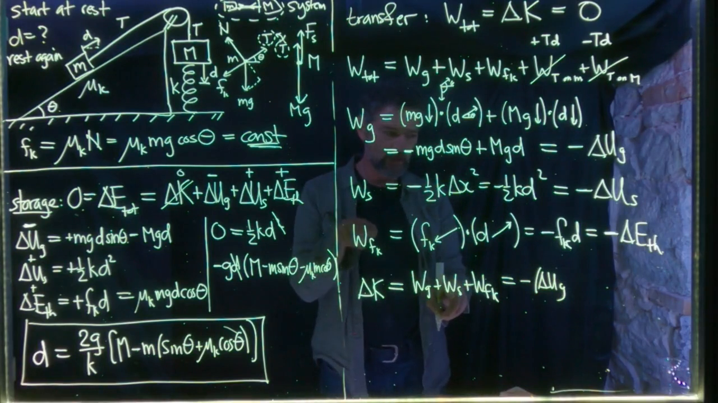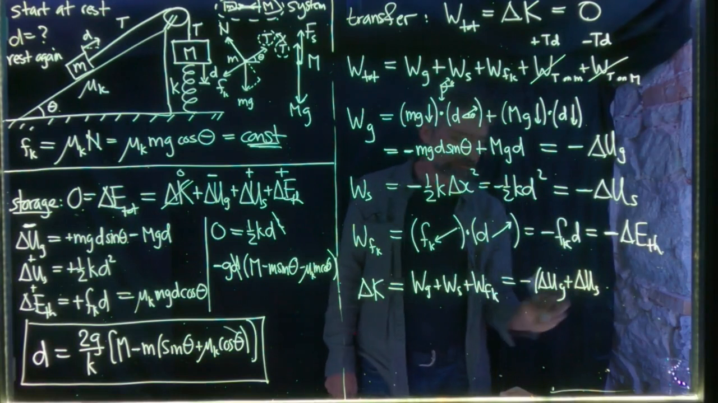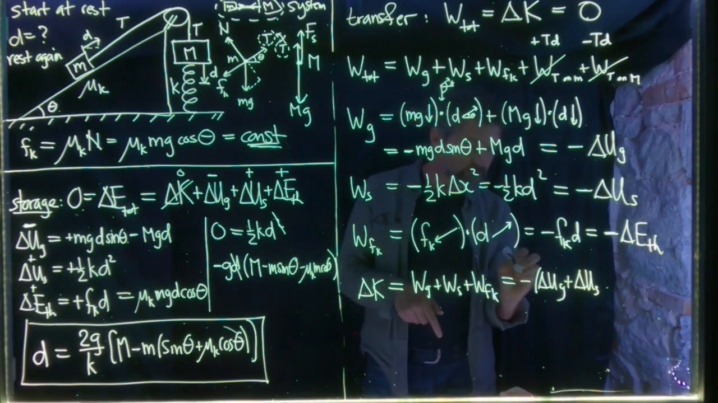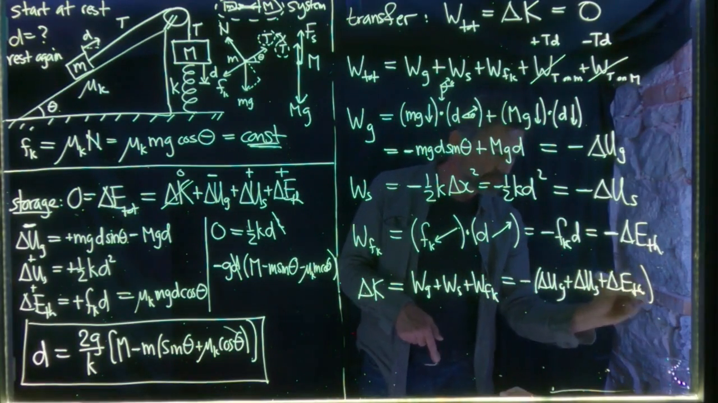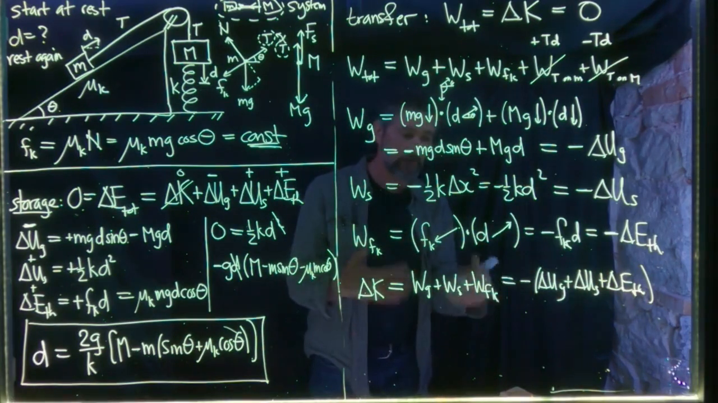Okay, but that work done by gravity is negative the change in the gravitational field energy. Work done by spring is negative the change in the energy stored in the spring. Got a minus sign out there. The work done by the force of kinetic friction is negative the change in E thermal. Okay? So I can plug all these things in here and solve for d,